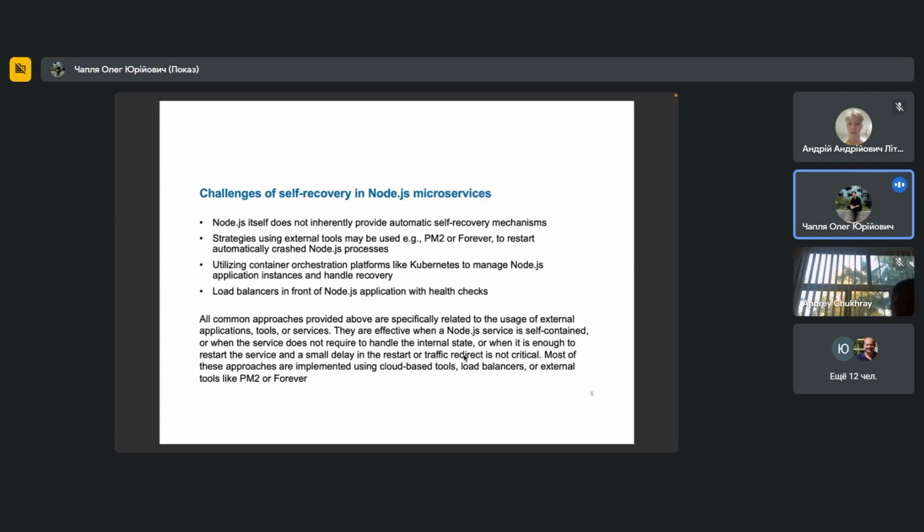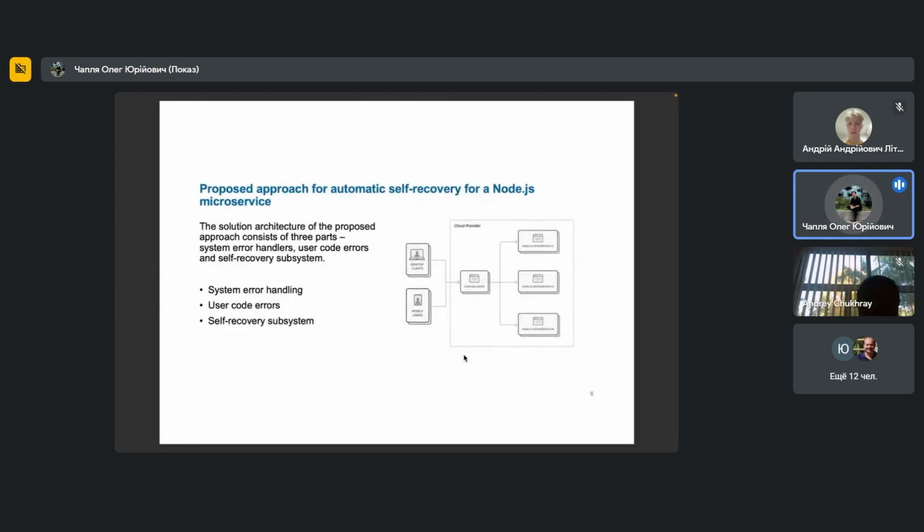But the current approach is more focused on creating a container within a container, only within the scope of project architecture. So when we are in the scope of one microservice, we're trying not to scale the infrastructure around it, but to create a specific container within the code.